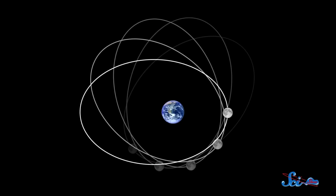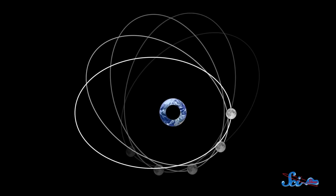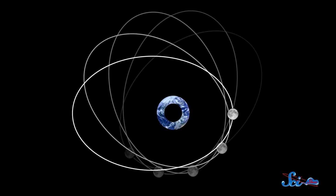The pull of Earth's gravity is practically the same in every direction, so our moon can orbit in a relatively simple, well-balanced ellipse. A ring-shaped planet might have a moon like that too, with a circular or elliptical orbit around the outside of the ring. But gravity from the donut would also be trying to pull the moon through the hole,